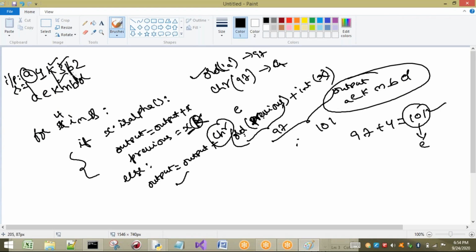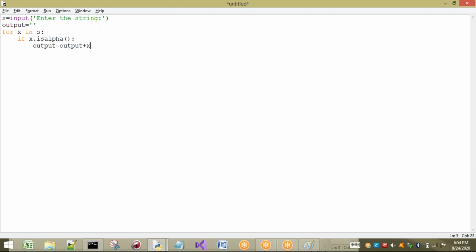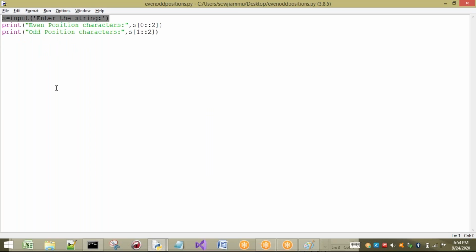Okay, sorry, this one same. So now I'm going to concatenate it if it is an alphabet. I want to remember this one, because next I want to perform based on the numerical I got. So previous equal to X, completed. If it is an alphabet, that is done. Else, if it is a number, what do I have to do?